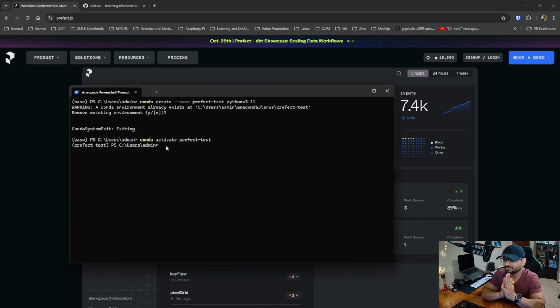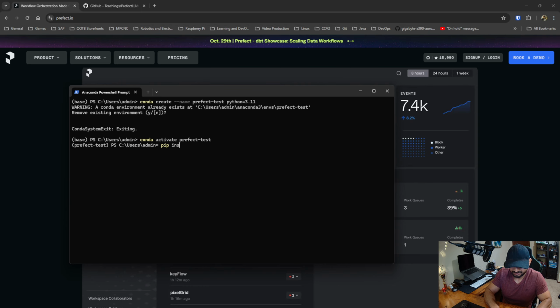Do you need Conda for all this? No, you do not. But having Conda does help you in isolating your Python dependencies. So please do install it. You'll realize the benefit of Conda in future, but you do not necessarily need Conda for whatever we are doing. All right, all that being said, the easiest way to get started with Prefect now is doing